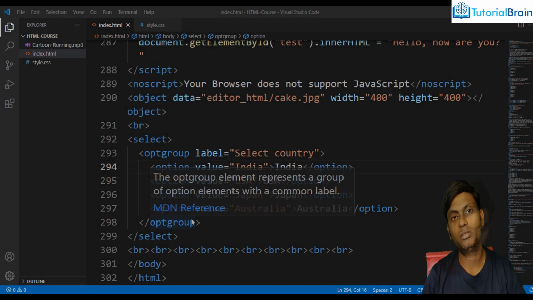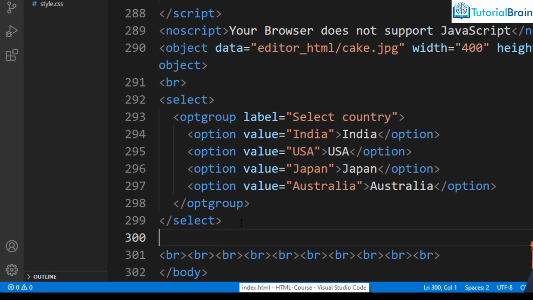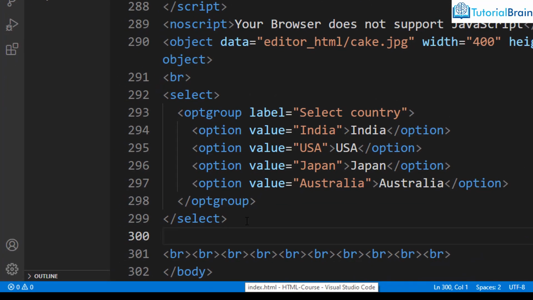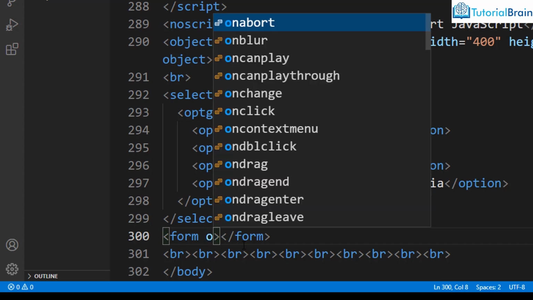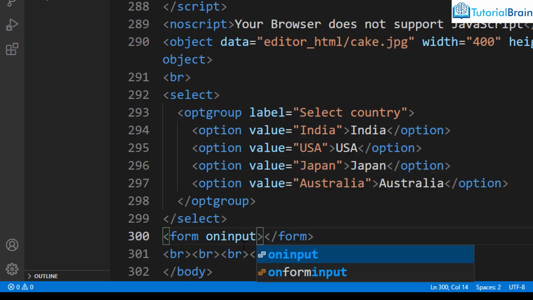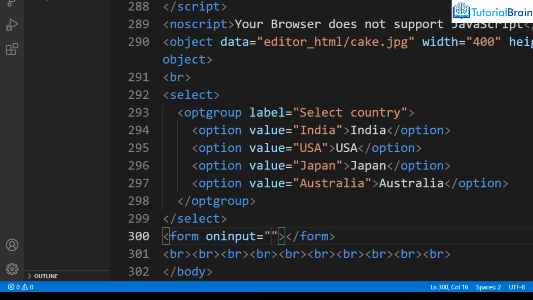Let's take an example. So here what I'm gonna do is, I'll just give output tag, and before that let's do one thing. Let's create a form, and here I'll just give, for example, let's remove the action part first, it's not required, and I'll just give form on input, right? So on input is equal to, let's say I'll give the name as total result dot value, and I'll just give is equal to